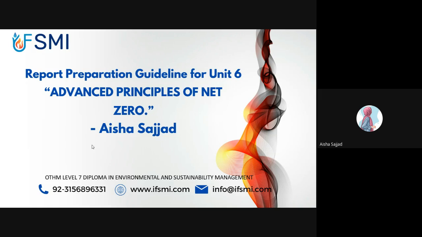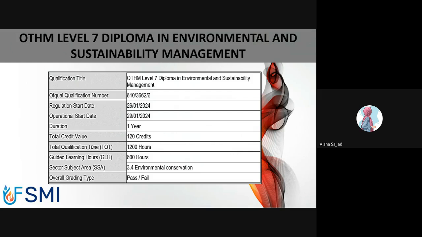What is net zero? What are the different advanced principles of it, and how can they be achieved in real time? By talking about net zero, we mean that we want to reach a target of completely zero emissions by 2050, that need to be zero in total by the year 2050. The name of the diploma that we have is Diploma in Environmental and Sustainability Management, and it is